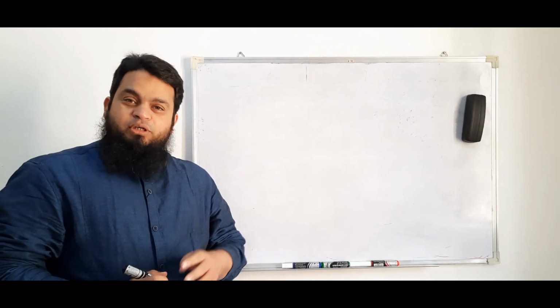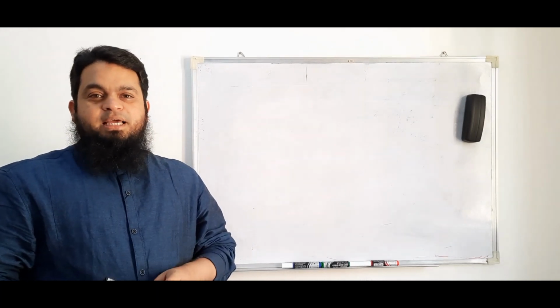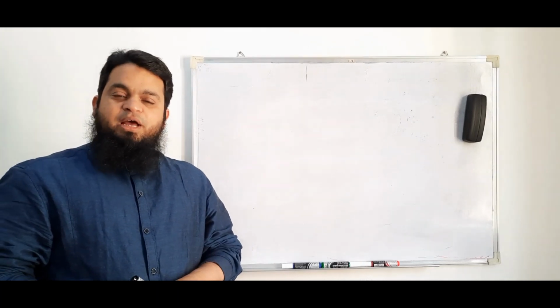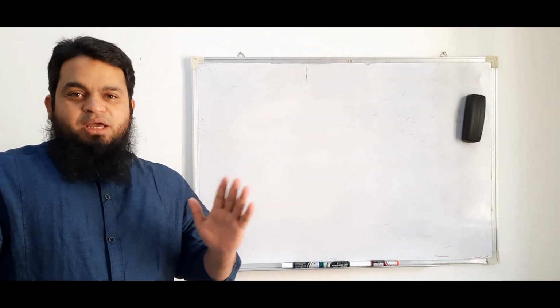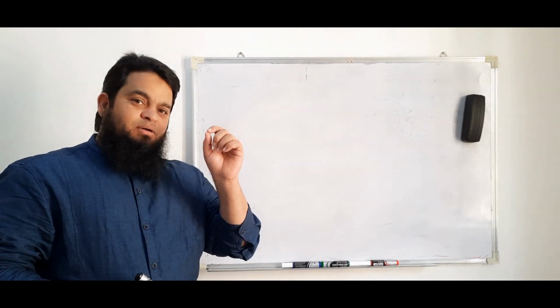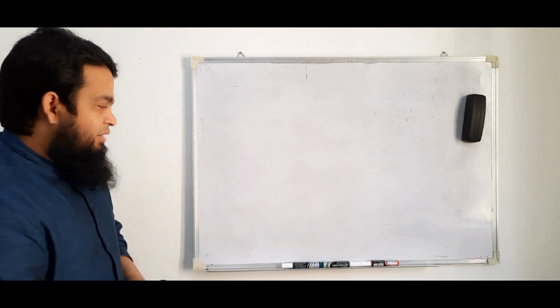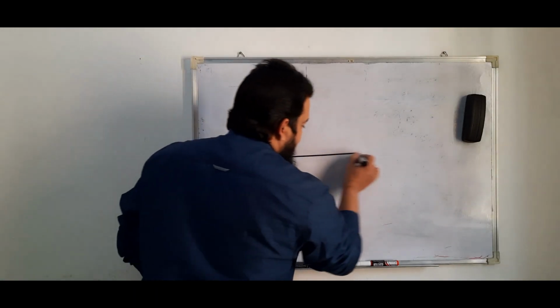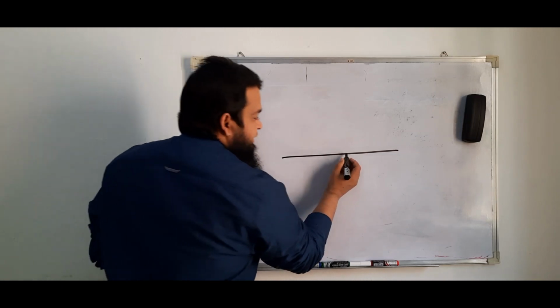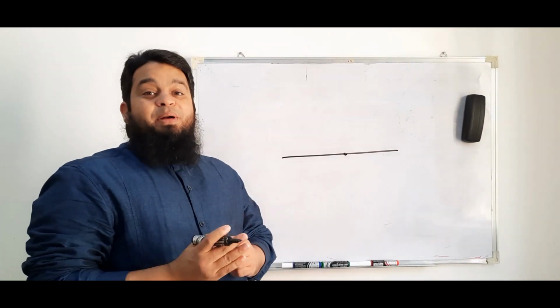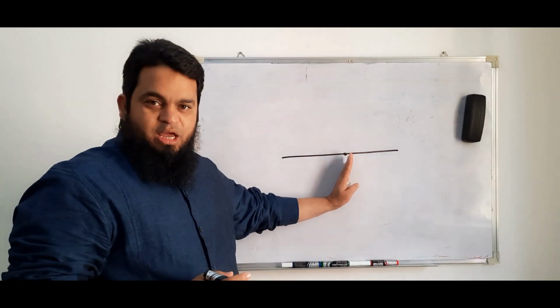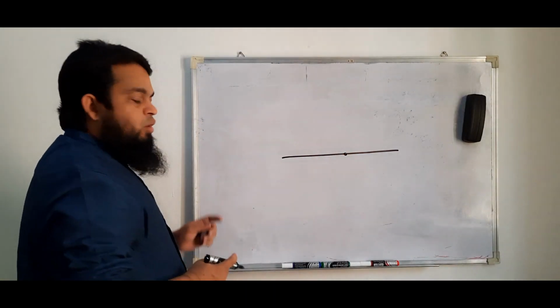Yes, before going to the problem, let us see one concept which we have learned in grade 8. What is that? Drawing a perpendicular line at a point, wherever you need. Draw a line. At this point, you want to draw a perpendicular line from this point. Okay, at this point. So what you are supposed to do?